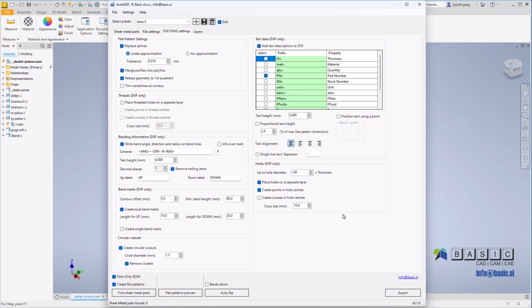What's new in 6.1 is this new option, circular cutouts. In addition to previously existing bend marks that create short lines at the starts and the ends of the bend lines to mark the bend line position, now we added this new option. This creates circular cutouts at the starts and the ends of the bend lines, so this should make fabrication of the sheet metal parts easier because the location of the bend can be easily seen. With enabling this option, you can select the circle diameter here and the cutouts will be created automatically during the